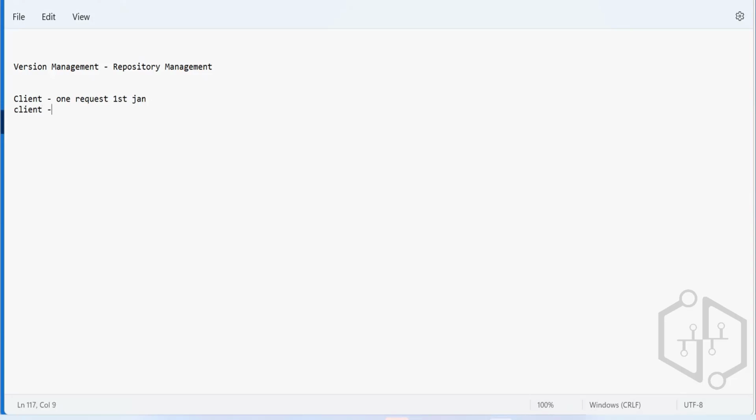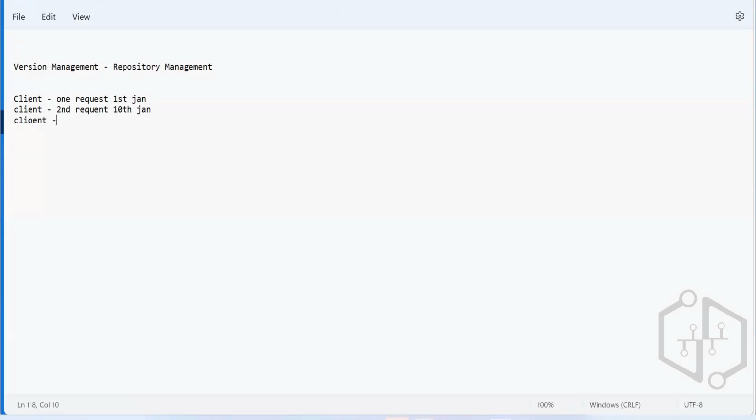Again, the client is telling the second request, that is on 10th January. Again, after then he's sending a third request. What he's saying is that whatever you did in the first one, I'm okay with that, but I don't want the second one. Correct. You will again redo the same thing. You will go and undo all the actions. So what we will do is, once we create a project,